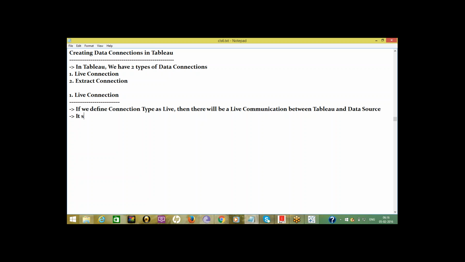That means it sends dynamic SQL or MDX statements directly to the source database, and it doesn't import all data.